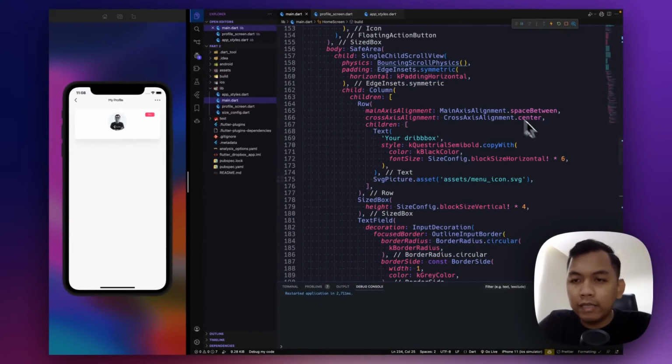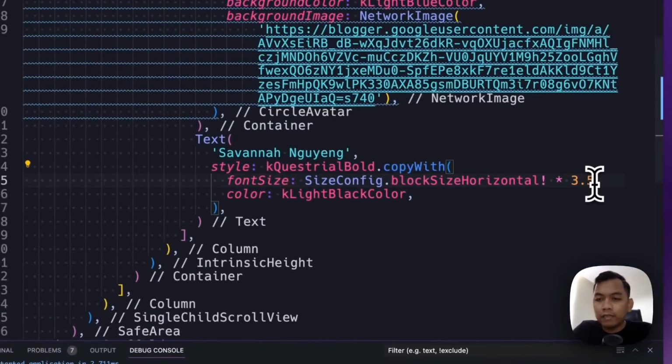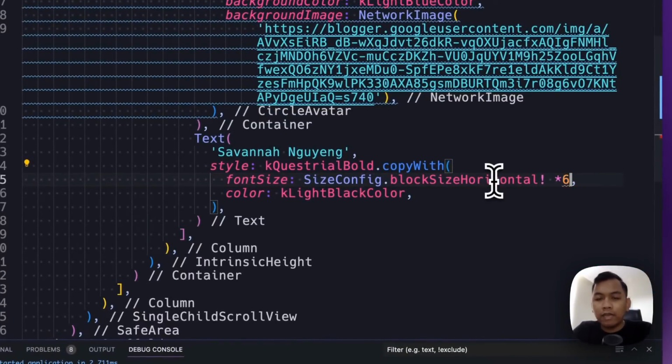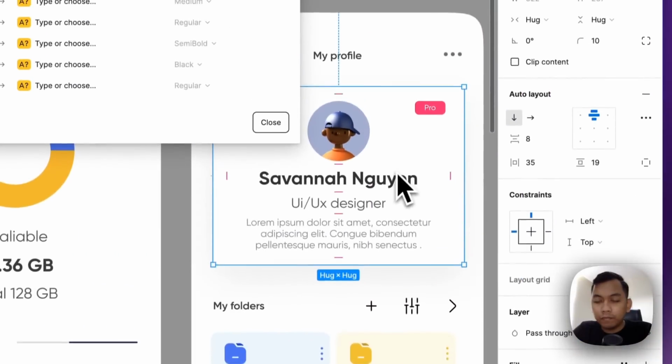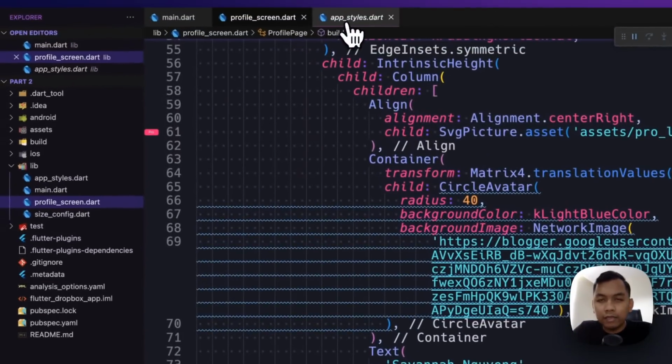It will be 6 here, and change this to 6. The color still black. 3838, so let's check it.